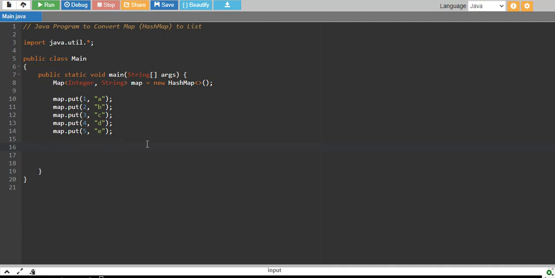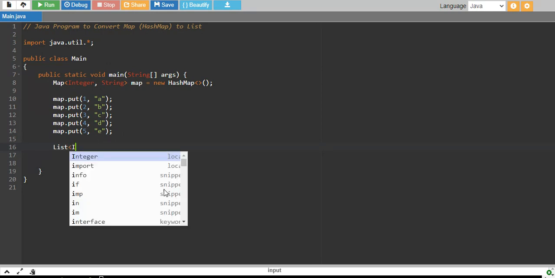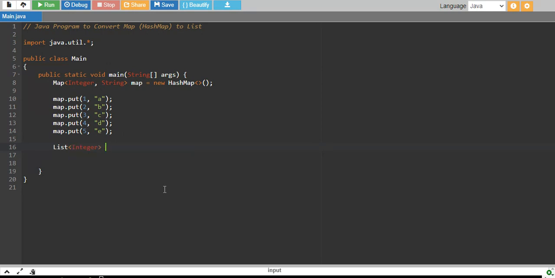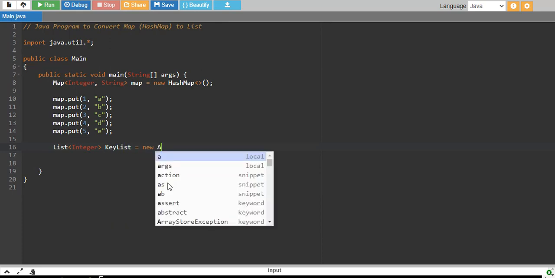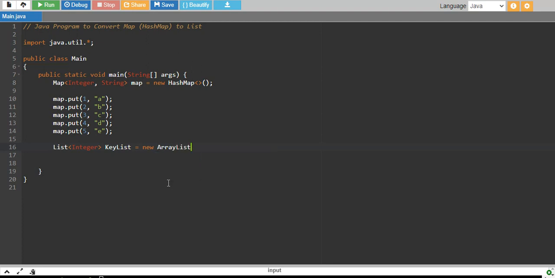And then if we want to convert it into a list, we need to create two lists or array lists. So I create a list. First will be an integer list which will store keys, and second will be a string data type of list which will store strings. So first is integer, and let's say key list equals new array list, and in the array list I give my map dot key set.